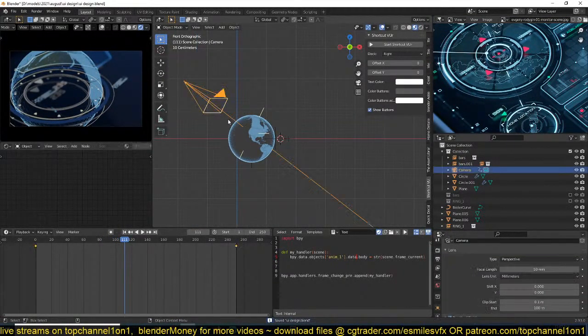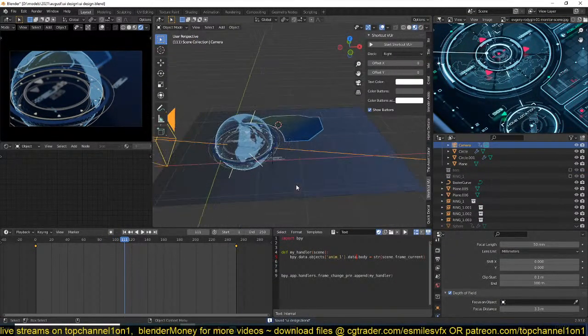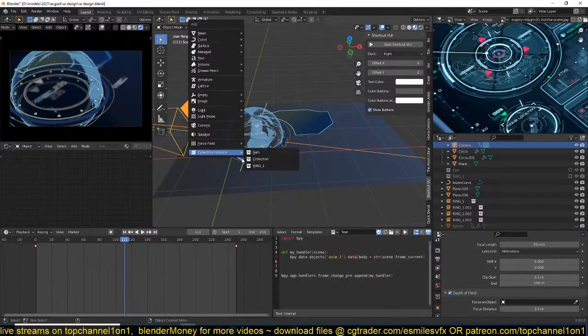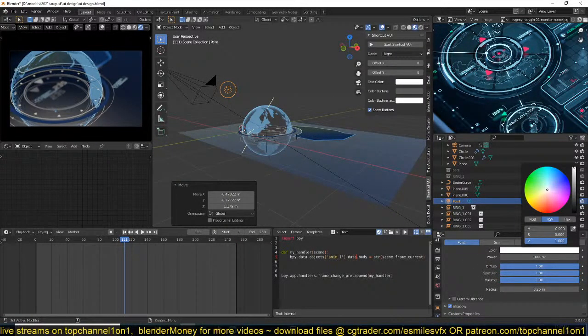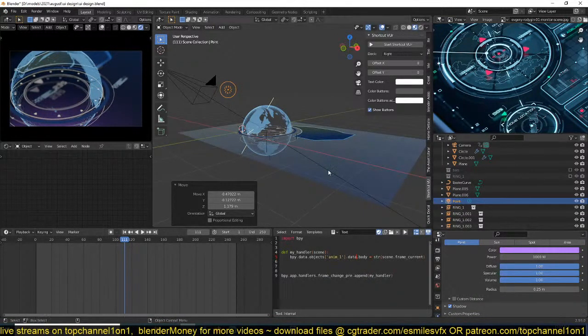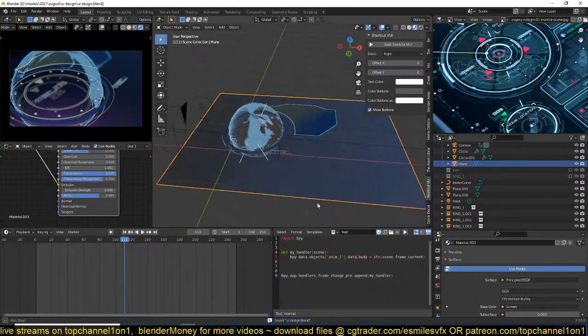I think the depth of field is a bit high. And while we're at it, we can also add in some lights, because right now we have been using emissive materials only. And I think if you do something like that,